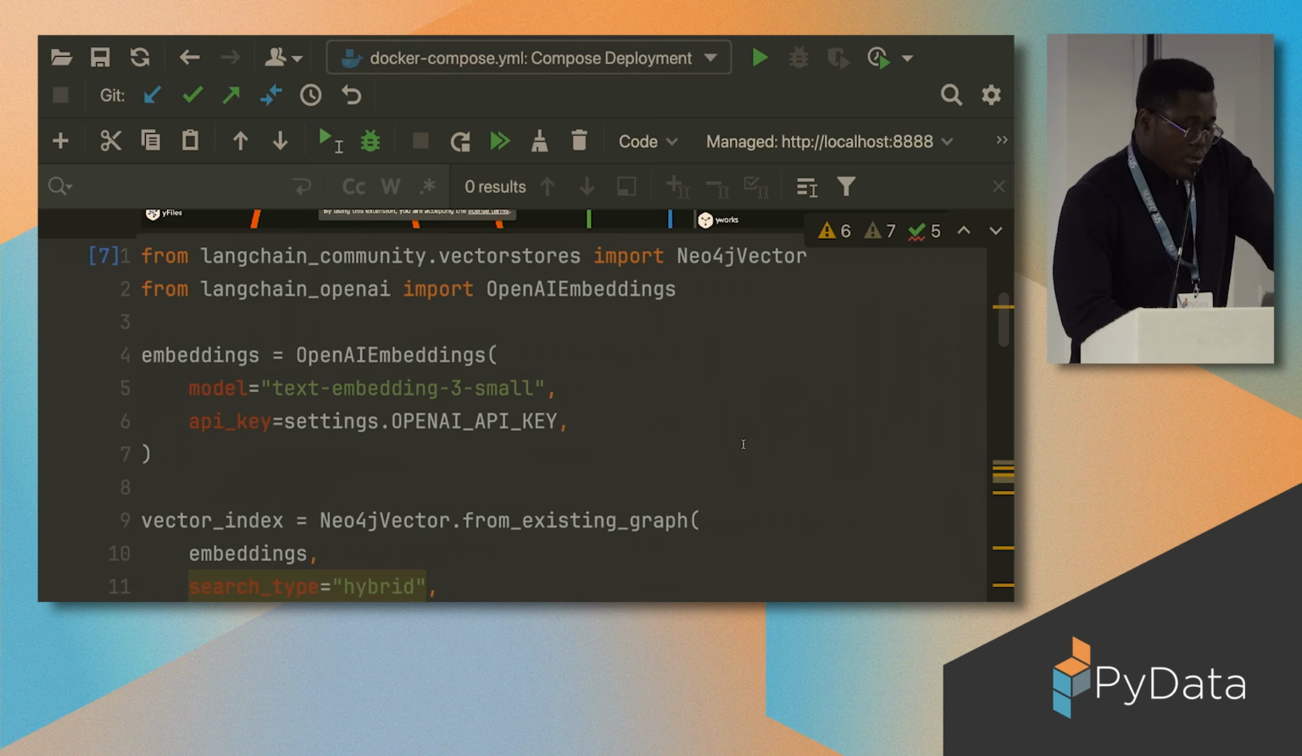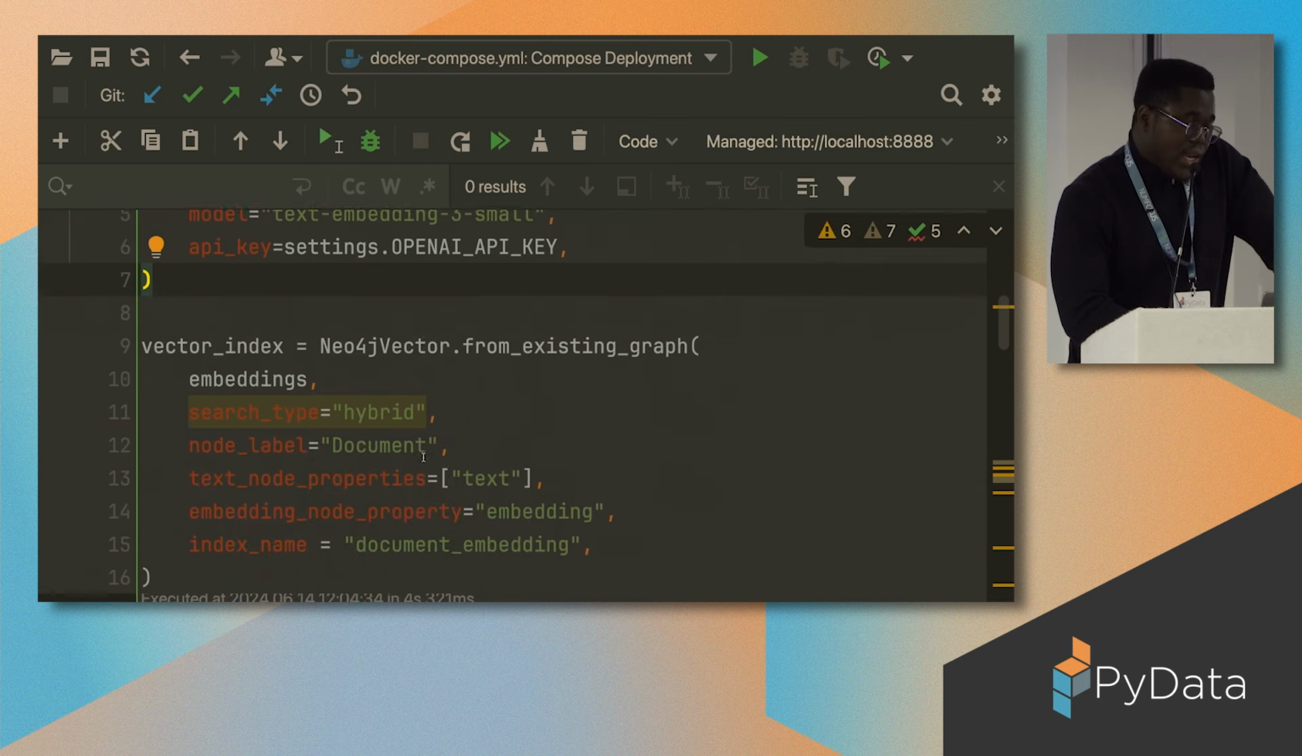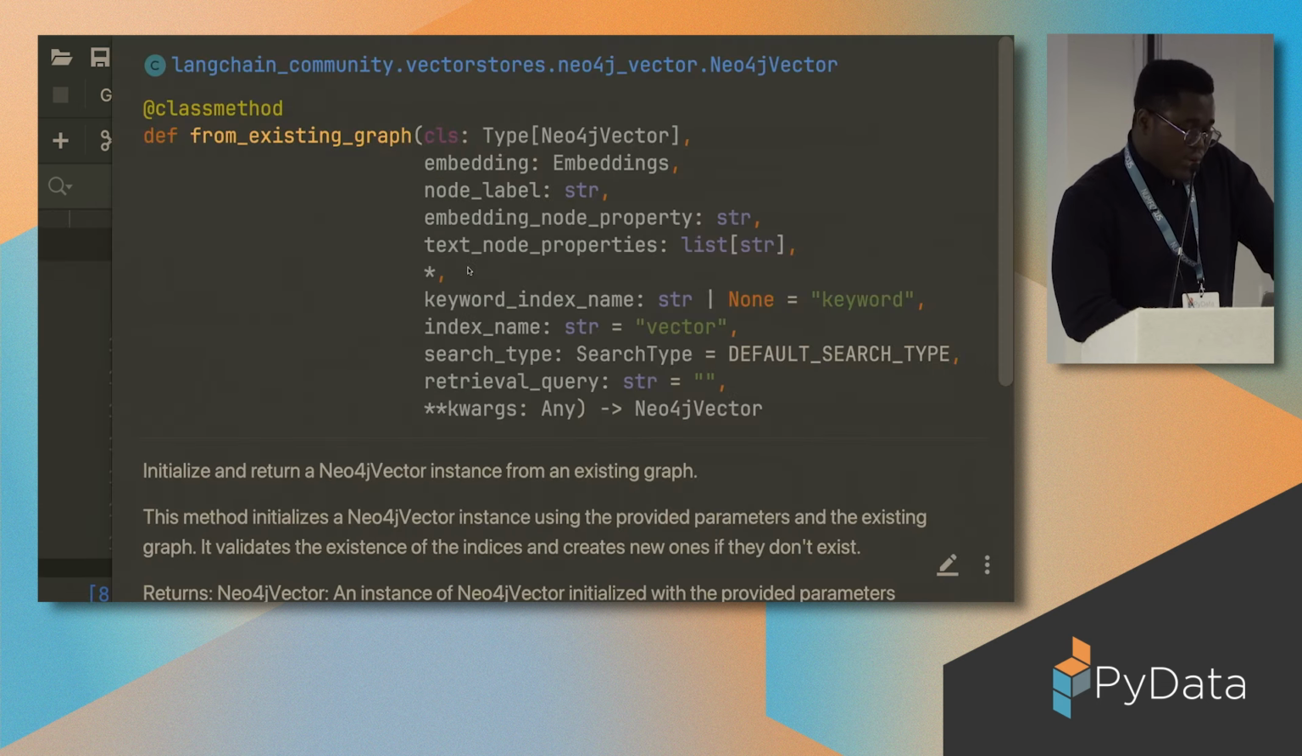So now we are using the Neo4j vector store, and we are using the OpenAI embeddings, text-embedding-3-small. And now we want to create an embedding based on the document that we've put in, based off of the document node, right? I want to just create an embedding of that and index it in the vector index, right? So what we are going to do now,